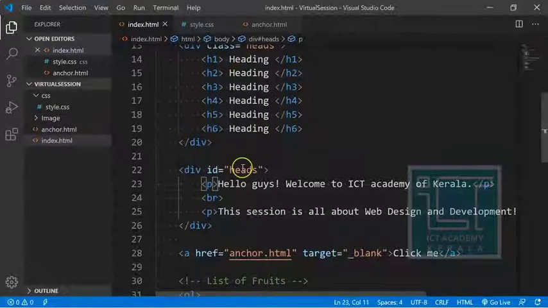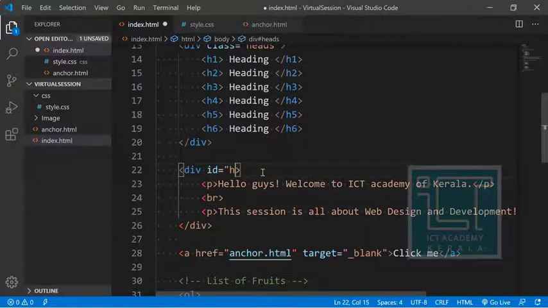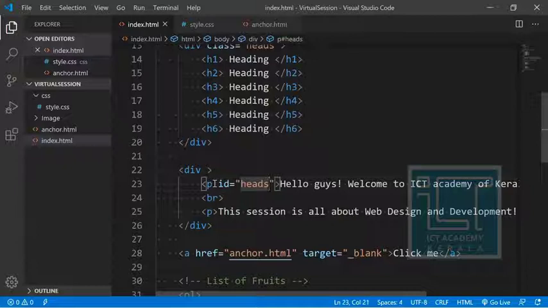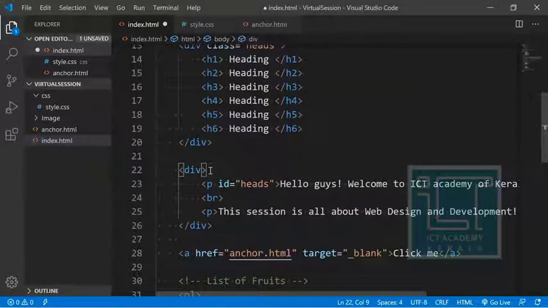Usually we don't give an ID for a div and such. That is not the basic logic, because we give an ID only to a particular element. ID can be given, and there will not be any error in the output, but logically this is not correct. If you're going to give a name for a group of elements, we can use class. Okay, so that is the difference between class and ID.